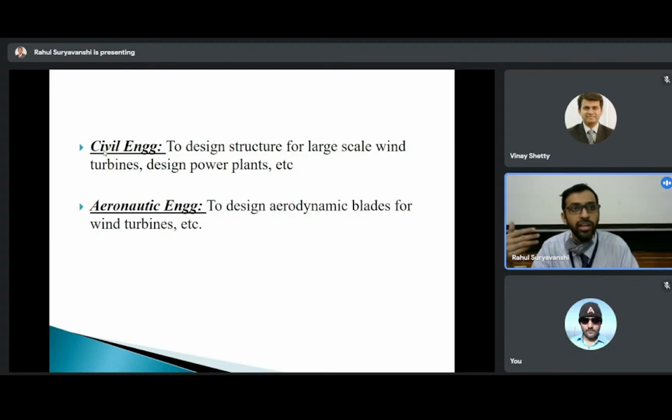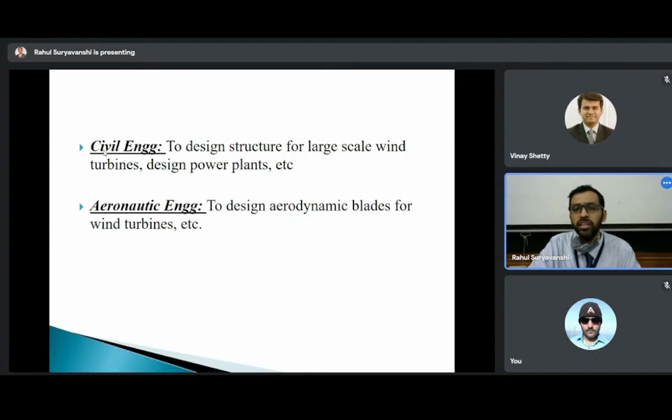Apart from that, I gave you an example of the solar power plant in Tumkur. That is one of the world's largest solar plants. When you want to install a solar plant on a structure, the structural analysis has to be done. As per the government norm, the solar plant should be able to withstand a wind speed of around 150 meters per second. Okay, 150 meters per hour. That is the wind speed it has to bear. So if you want to design a structure for that, then again the structural analysis has to be done. So there is the role of a civil engineer.